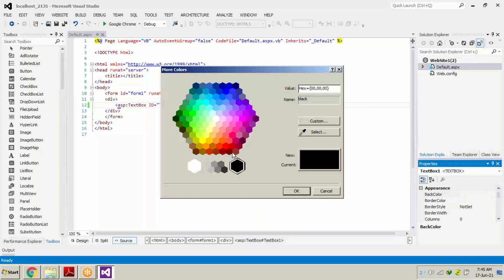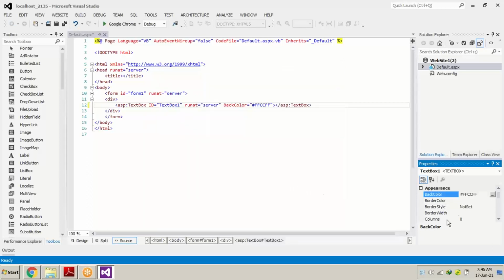Just click the button, change the color and make it okay. See, the back color has been changed. You can change the border color also. You can change the border style of this particular text box, and you can change the height and width also.